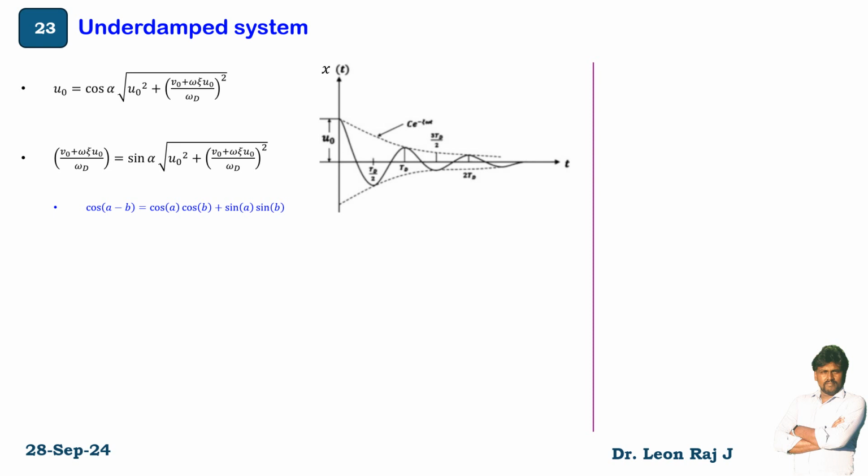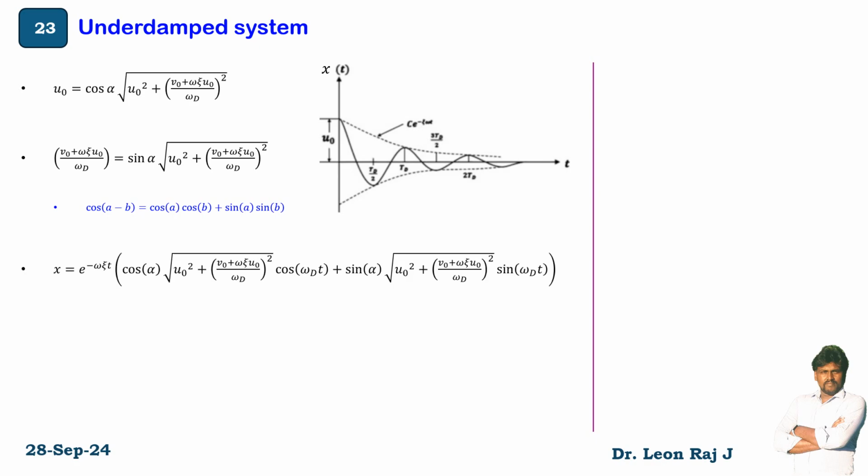So you get the values of U0 and (V0 plus omega psi U0) divided by omega d equal to cos alpha times the square root of this hypotenuse term, and sin alpha times the square root of this hypotenuse term, respectively. So cos(A minus B) is equal to cos A cos B plus sin A sin B. So using this simple formula, this whole term will be taken out. This cos alpha and sin alpha were substituted in the response, and you will get e power minus psi omega t